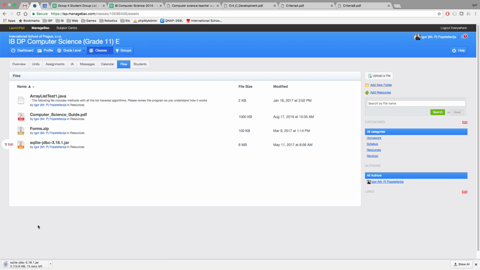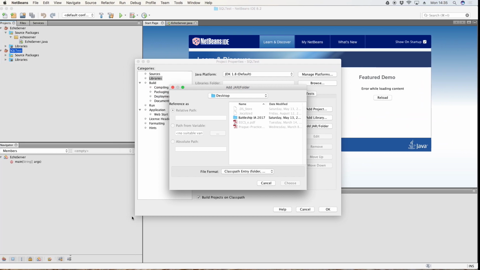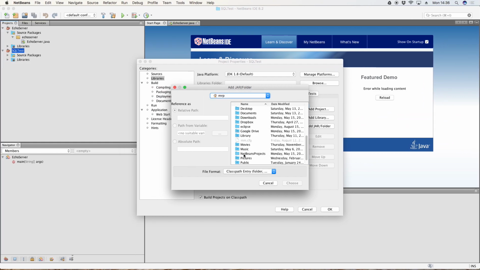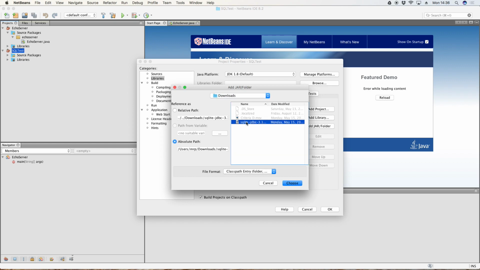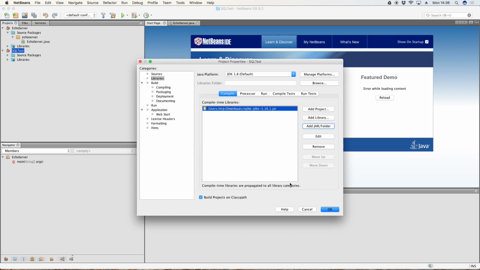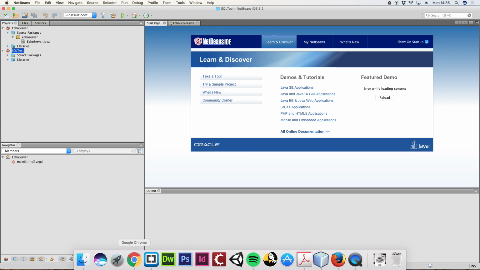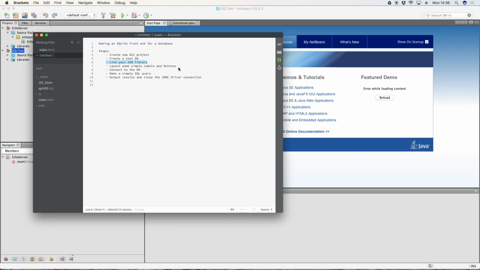So if we click there, it's a short download. I want to keep it. And now I can go to my Downloads folder. And there it is, the jar file. So when I press Choose, it will include the SQLite JDBC libraries when we are compiling our code, and I press OK. So the next step, checking our handy dandy brackets, is to